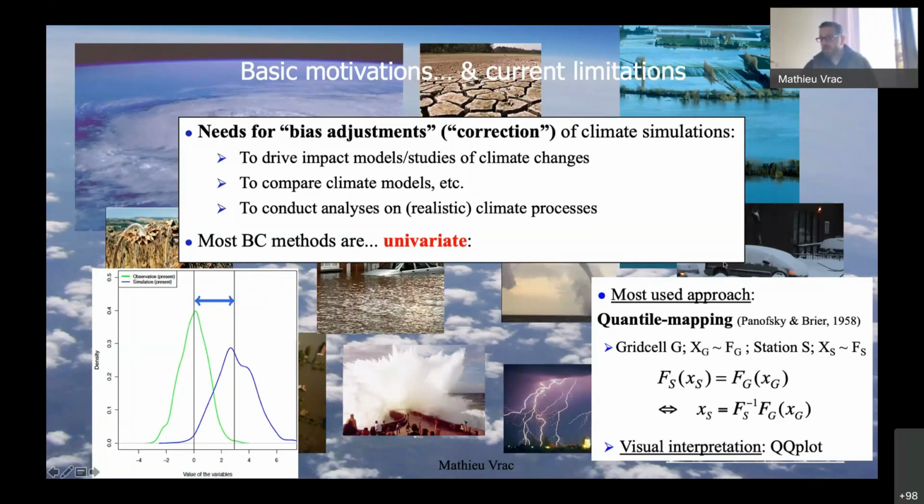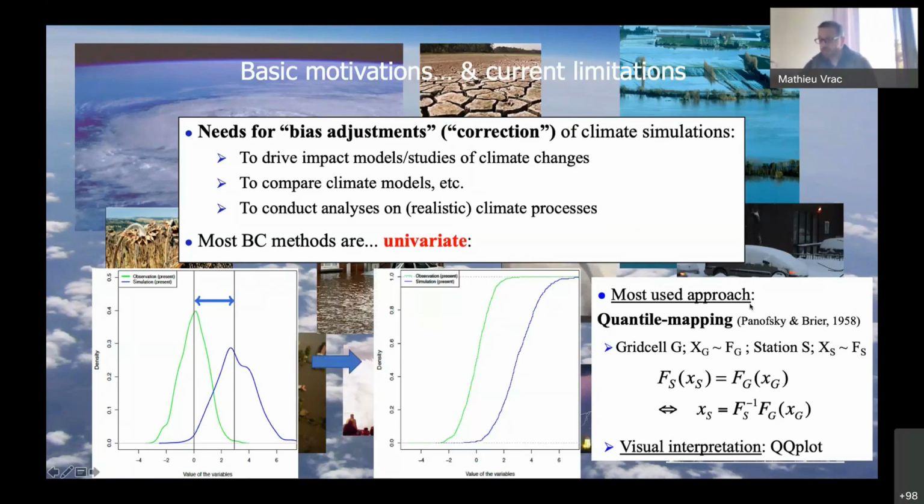And this quantile mapping is quite useful and quite easy to understand. This is based on the quantile plot interpretation. So when you plot your two CDFs, the cumulative distribution functions, so that the probability of being lower than a given value. For example, the green is the CDF of the observations. The blue is from the simulations. When you have a new value